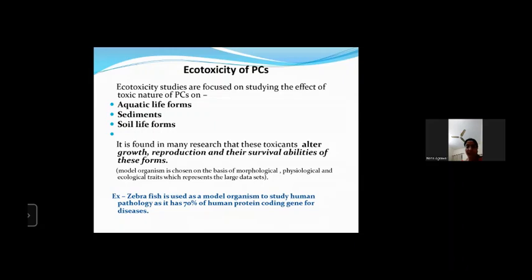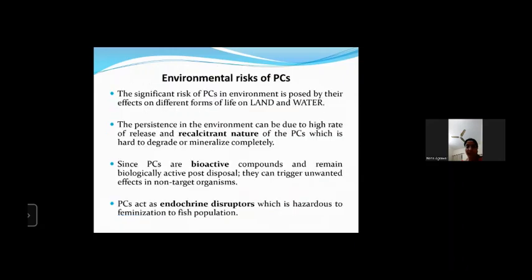These studies are essential because they provide information related to the action of these pharmaceutical toxicants on other related species. On the basis of the mechanism of action, an extrapolated estimation can be made about the surrounding ecology. Those studies help us to identify the root cause relationship between a toxicant and its toxic effects on the overall marine population. These are the environmental risks we can understand in terms of the threatening nature of these pharmaceutical compounds, because they are highly recalcitrant and bioactive, and they have the capability to disrupt the endocrine system of especially marine life and the fish population.